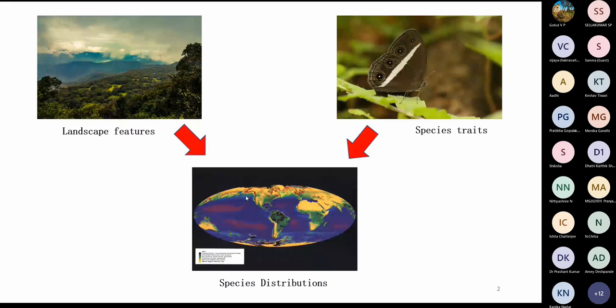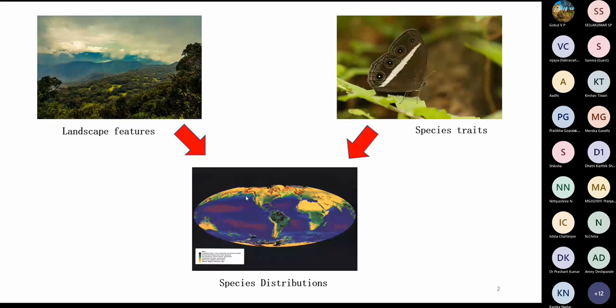By using species traits and behavioral studies, one can study the effects of landscape features on multiple species. If you are focusing on one species, that might not give us an idea of how the community of species will respond to fragmentation or habitat degradation. So that's why I chose this as my topic.